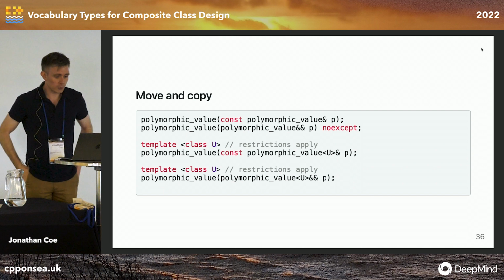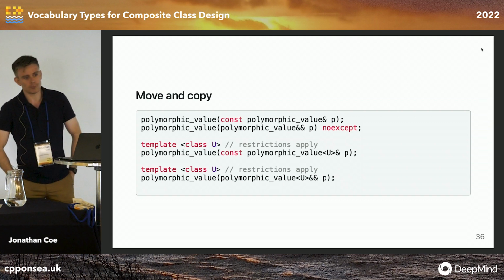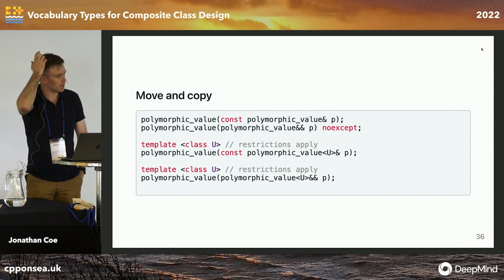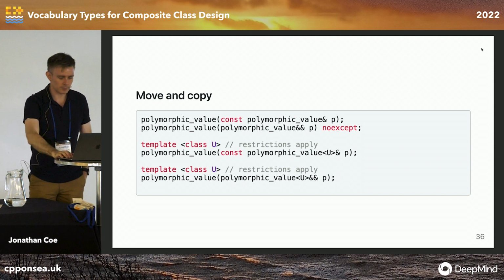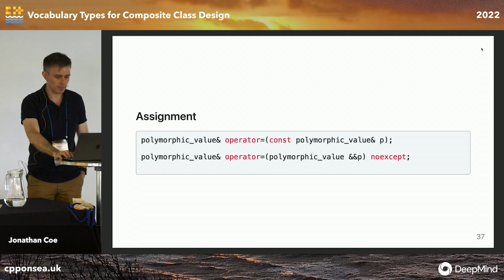We have move and copy, which pretty much do what you'd like them to do. So the move and copy of a polymorphic value of the same type will just create a copy of the same polymorphic value, and then you can create a polymorphic value from a further derived type. And the same with moves. Assignment, you can assign directly to a polymorphic value of the same type, both